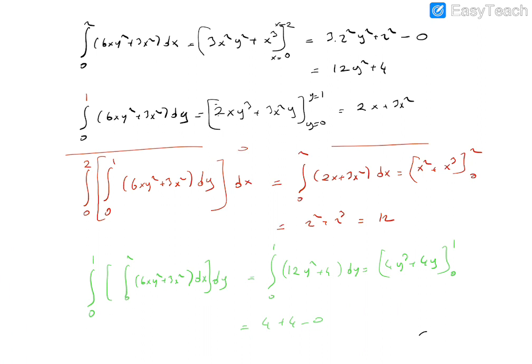Let's check our calculation. Okay, I found our mistake. So for x equals 2, this is x to the power 3, so this should be 2 to the power 3. So this is 8. Okay, so this term is 8, so this is 8y. This is 8. So this result is 12. So there is no chance to be different. So these values are always the same.